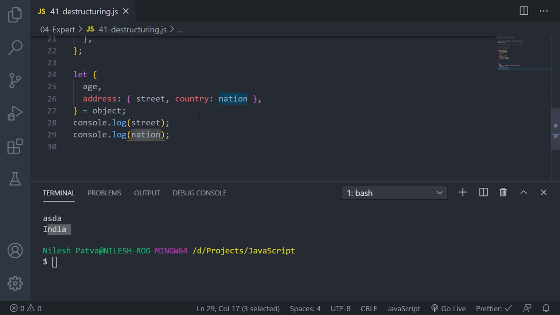This is very useful while passing parameters from one function to another function. Let's say the function takes so many parameters and you don't want to mess with them, or whenever you create a function, you have to provide some sort of default values as well. So in that case, you can use this part. So that is all for destructuring, guys.